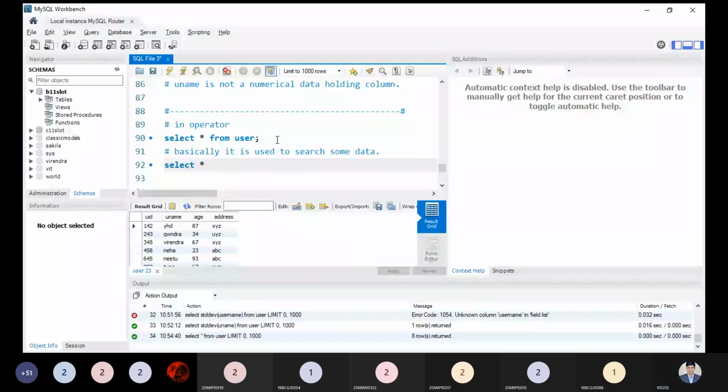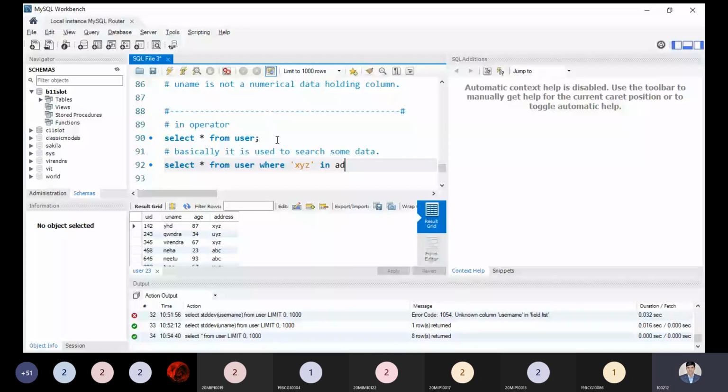Select star from table name, and the table name is user. If I'm trying to search something properly, it will require the condition where. Where xyz in address.